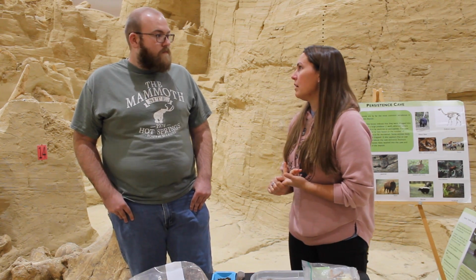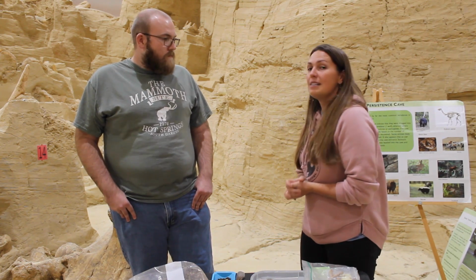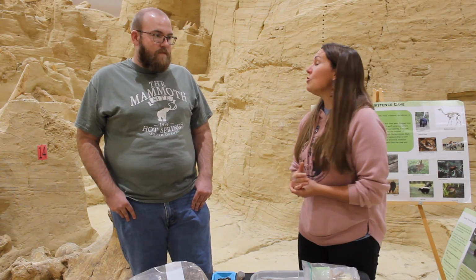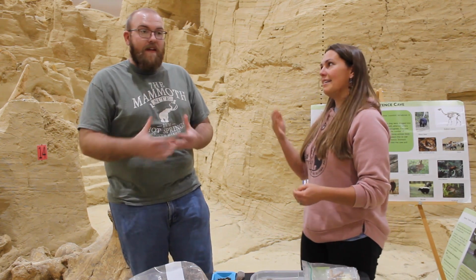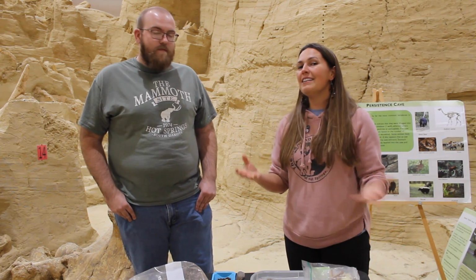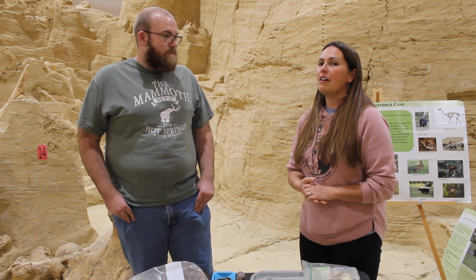know what's going on. Typically, if you come across a bone or fossils in a cave, it's always best to take pictures and let the scientists know. Hey, we have this, what do you think? Is this important? Should we do more research on it? Absolutely. Not only just a picture, but a picture with scale, I assume, would be even more valuable. Exactly. If you have a ruler, a pen, a penny, anything where we know what size you're looking at, it will really help us figure out, is this